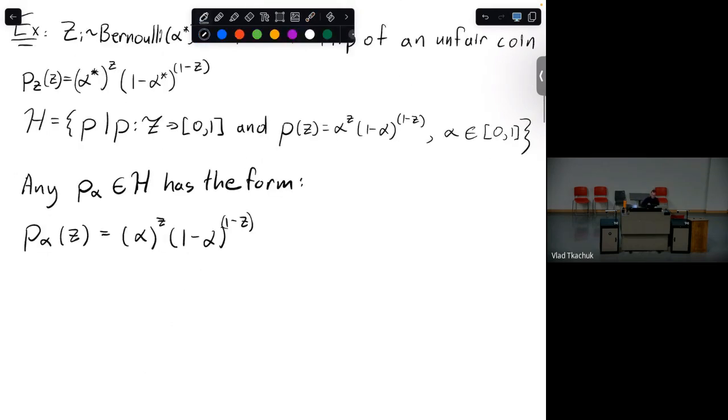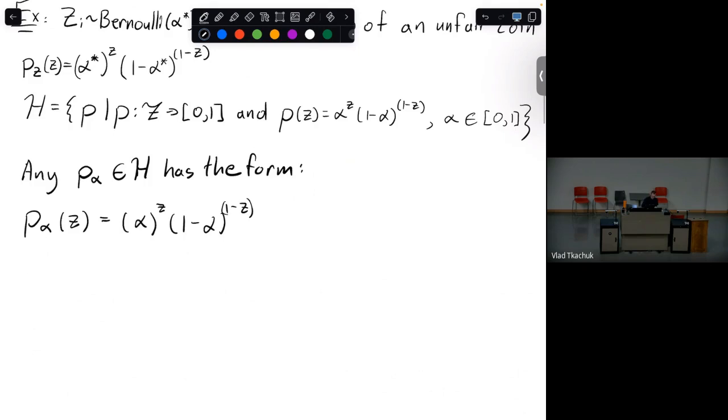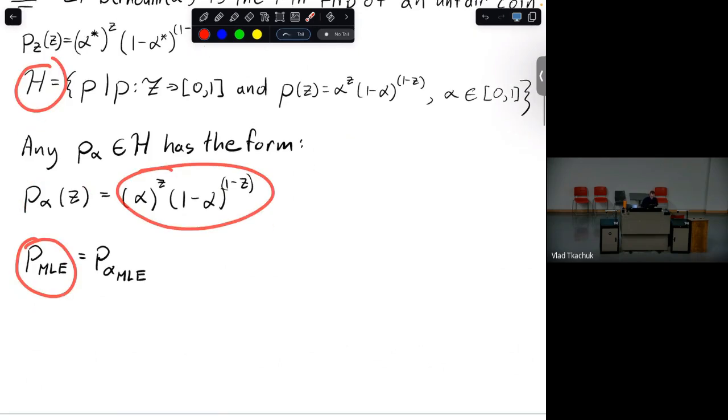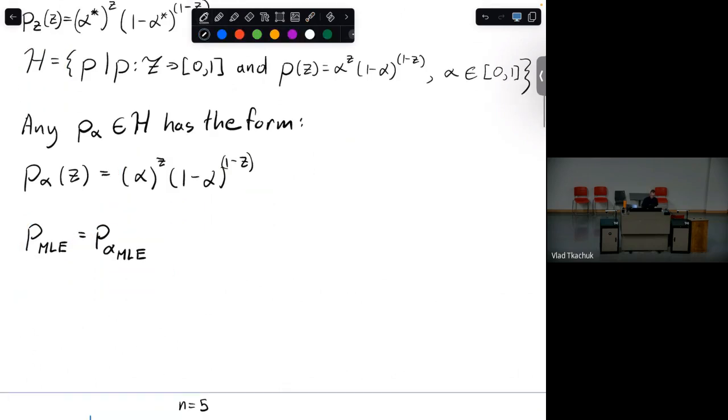And so I write that, and we have a very similar story. We have this PMLE, which is what we had above, which searched over functions in the function class. Well, it turns out that this is going to be the same as P of alpha MLE. Okay, so now this is a function. Makes sense. This MLE thing better be a function of this form because it's from this class, and it's described by this parameter. And what is P alpha MLE? Well, we just need to know what alpha MLE is, because then we will plug it right into here. And alpha MLE is basically as you expect. It's going to be the argmax